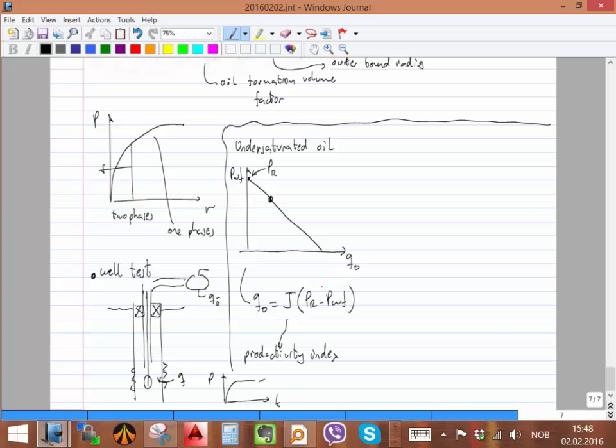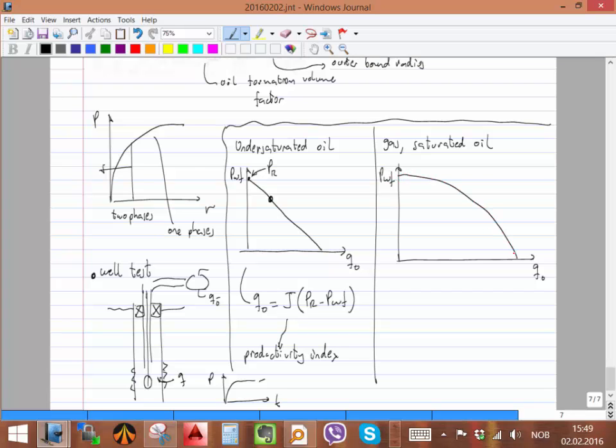I need, again, reservoir pressure, etc. Okay, now we go for other cases that are gas or saturated fluids, saturated oil. For those cases, it's a bit similar to what we discussed already. It's curved, okay? And in that case, we are in a bit of a problem, because it's not enough only